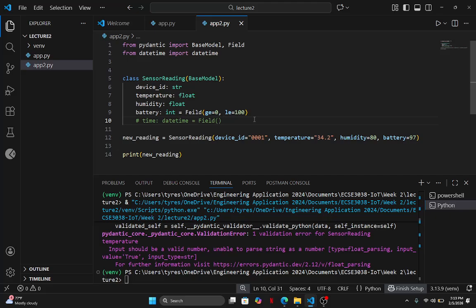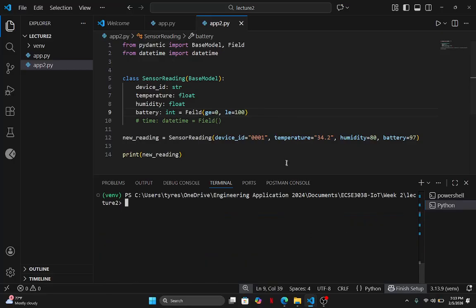I think you have to do it with GE and LE, that is, greater than or equal to and less than or equal to. If you want greater than, it has to be GT, and less than is LT. The documentation shows this, and I can post the documentation as well. I'm going to show you a few common ones that we may use in this field. So let's just test it out and see if it works.